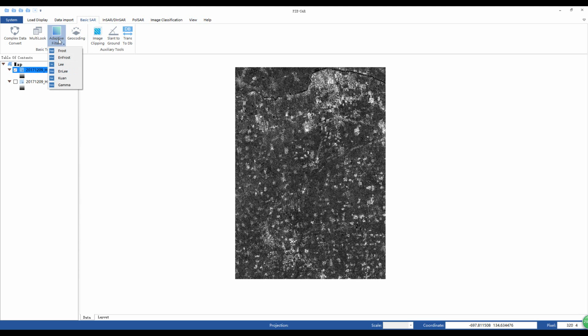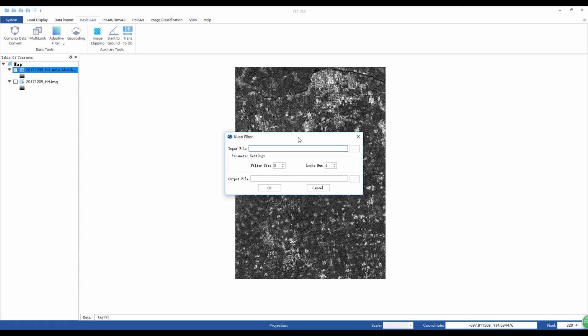The common SAR filters are Lee filters, Frost filters, Kuan filters, and so on. The Kuan filter is chosen for the filtering we are going to perform, and we will load in the data